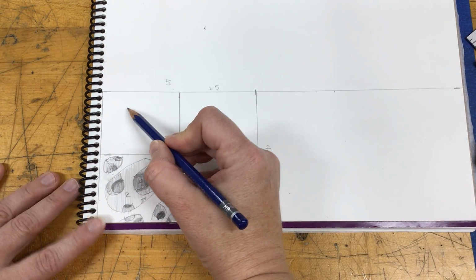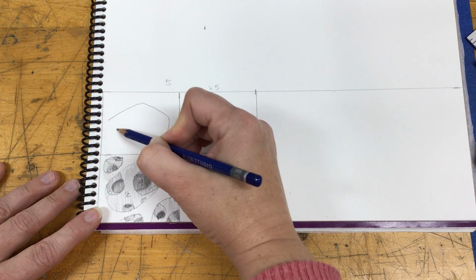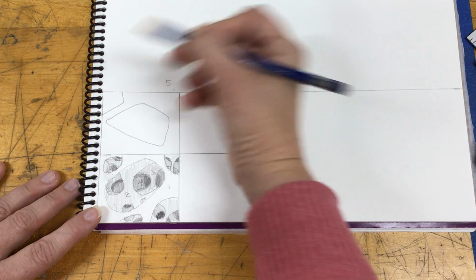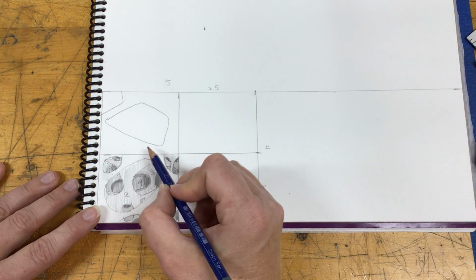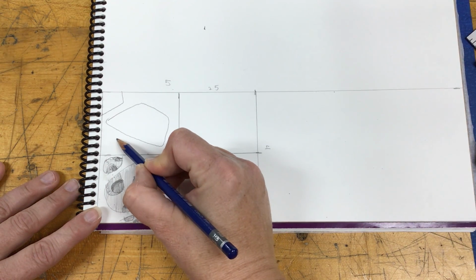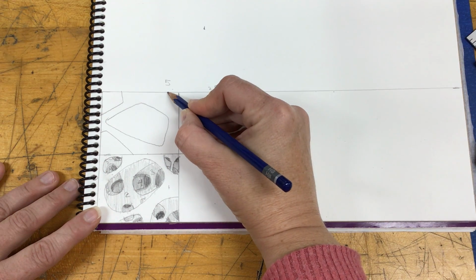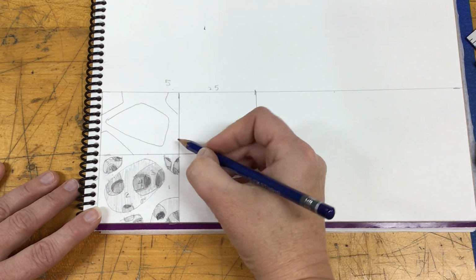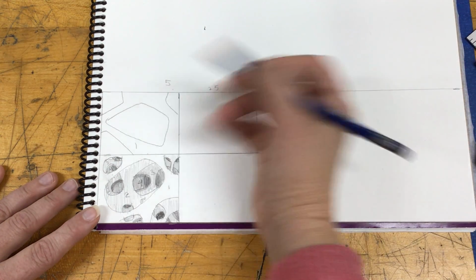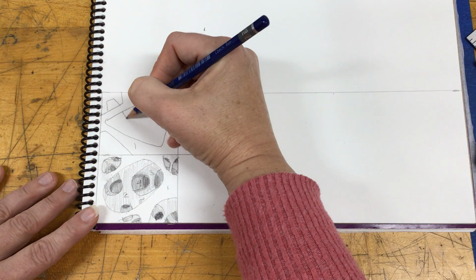So like with my example, maybe what I'm going to do is kind of like more of a trapezoid shape, right? And then I can let things go off the page. And remember that you want at least 2 shapes. Right, you want to kind of fill up the space. And then, so that's layer 1, and so then in layer 2, you're going to break them up into even more,